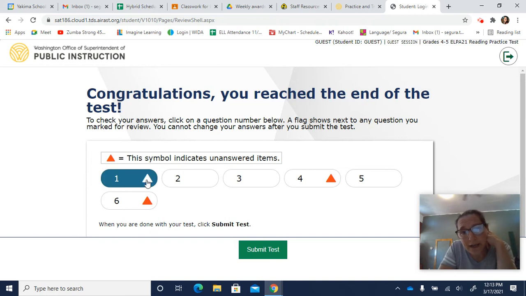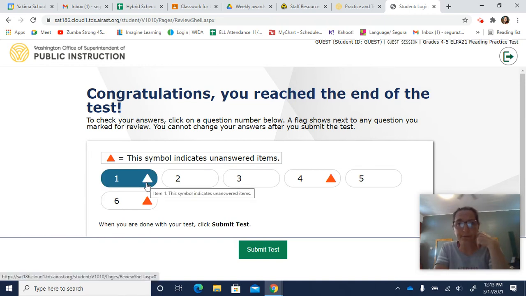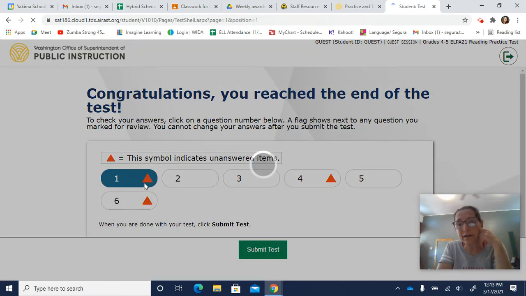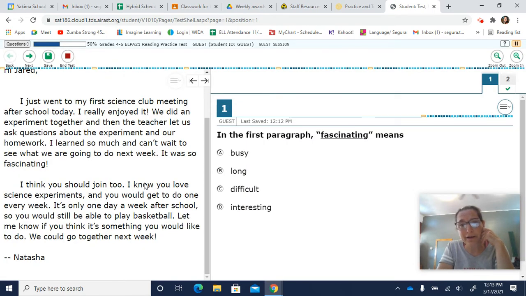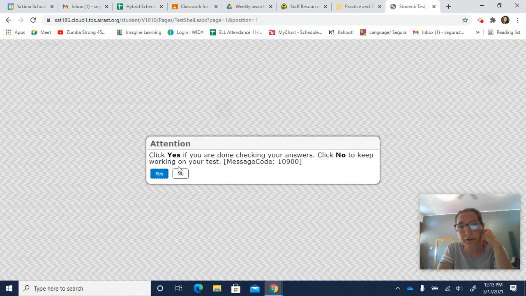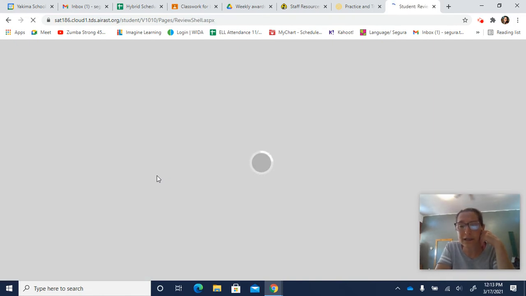So if you do skip answers, you'll get this orange triangle. That means you can go back to that specific one, read it, answer it, and then complete your test. You shouldn't submit your test if you haven't completed the whole test, okay? I'm going to go ahead and end this test, and I'm going to go to the next one, which is